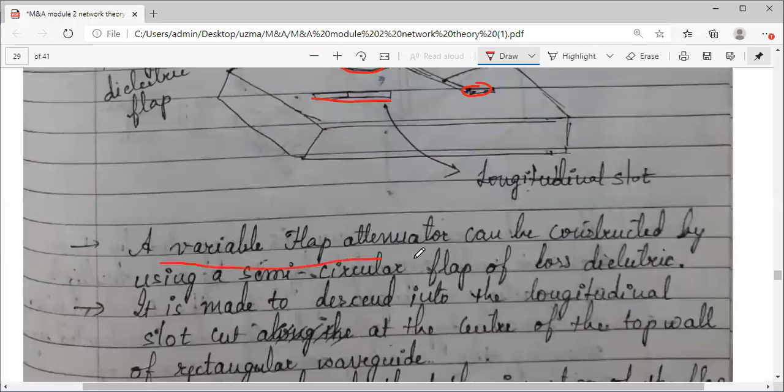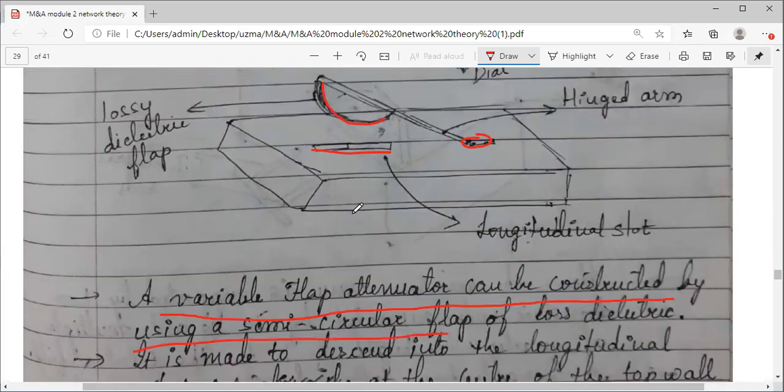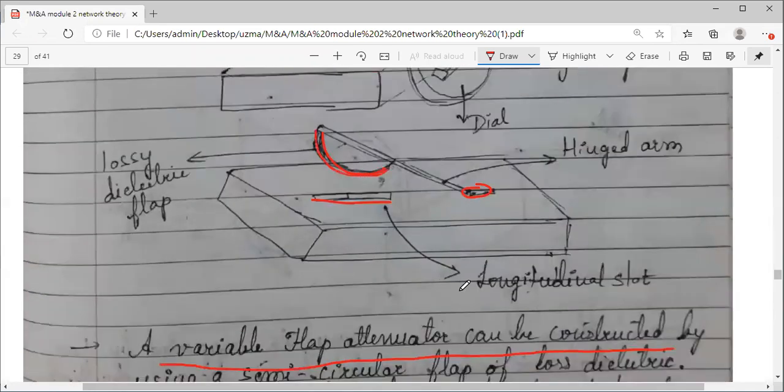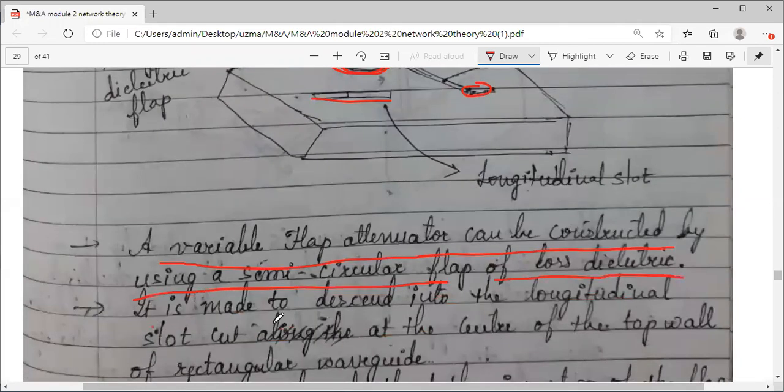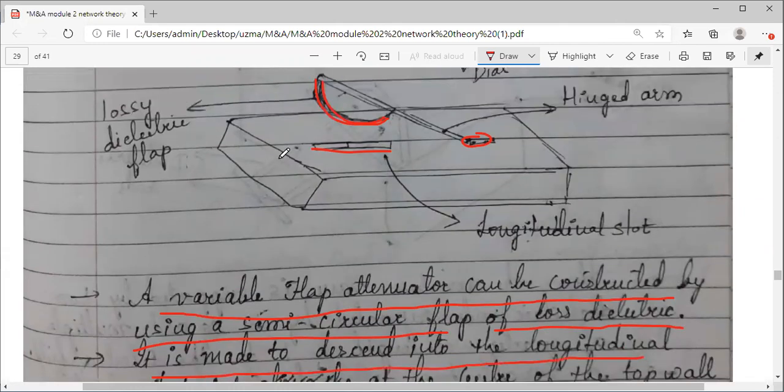A variable flap attenuator can be constructed by using a semicircular flap. You can see this is a semicircular flap of lossy dielectric. So it will be coated with a lossy dielectric material, resistive film. It is made to descend into the longitudinal slot.